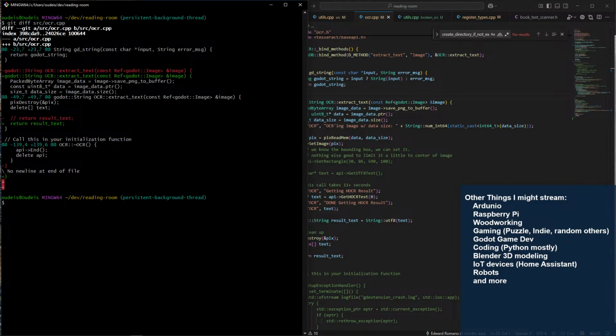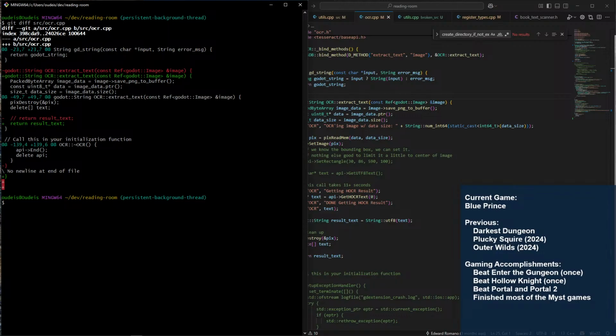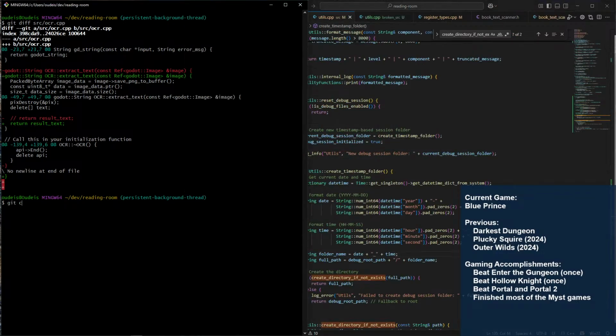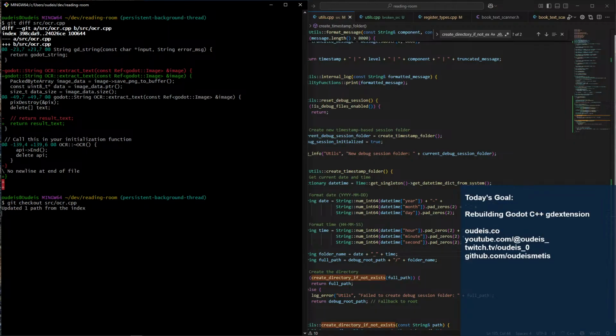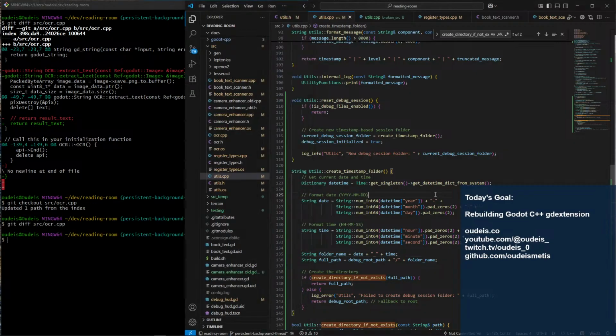Weird. So what if I did git checkout source OCR.cpp, and then we did a git diff on that, and there's no difference now.